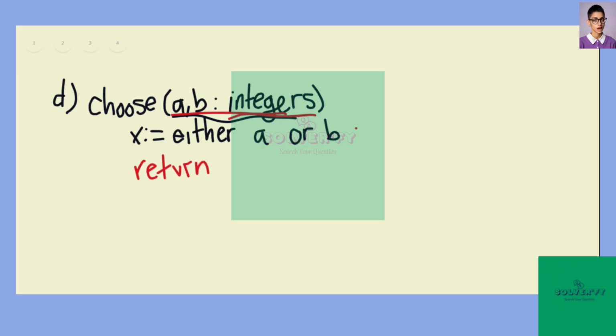It doesn't have an output, right? So there's no return statement here. It also lacks this definiteness, right? So the steps are not defined precisely. It just says choose either A or B, but how are we choosing them? Are we using like a random function? Something else? Are you picking one that's greater than the other? And due to this sort of ambiguity of the one and only step, it ends up losing